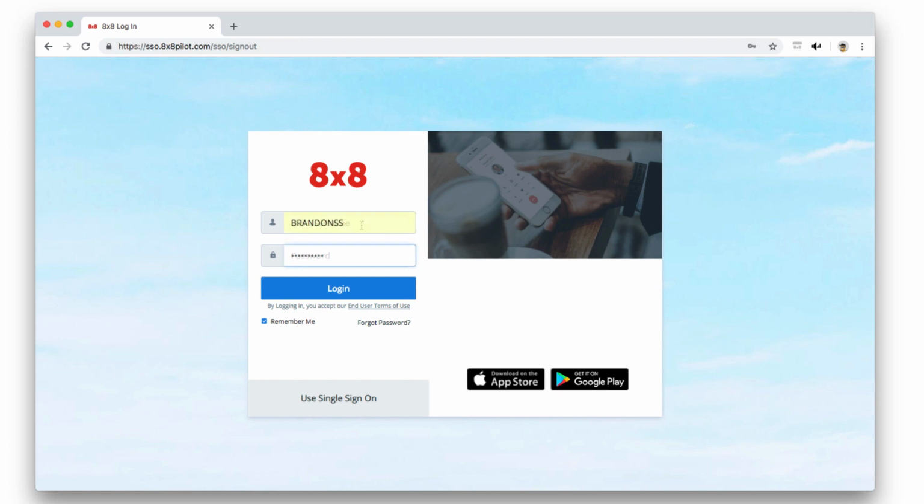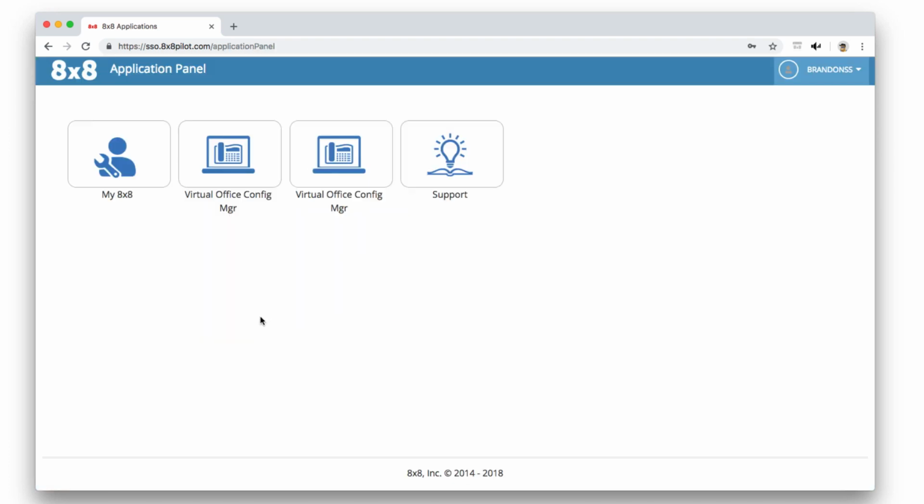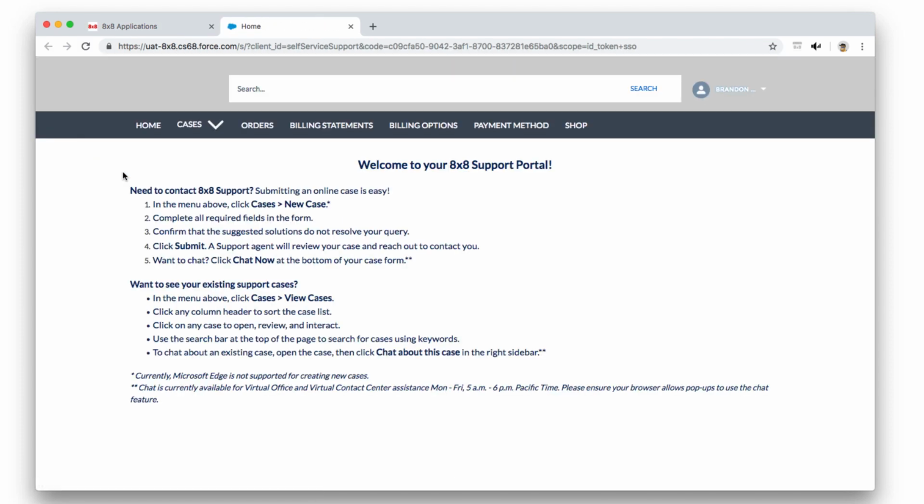sso.8x8.com and log in. You will see your applications. Select My 8x8. This takes you right to your platform where you can see your cases, orders, billing statements, billing options, payment methods,